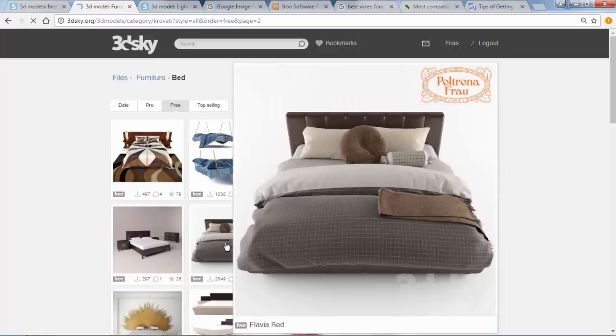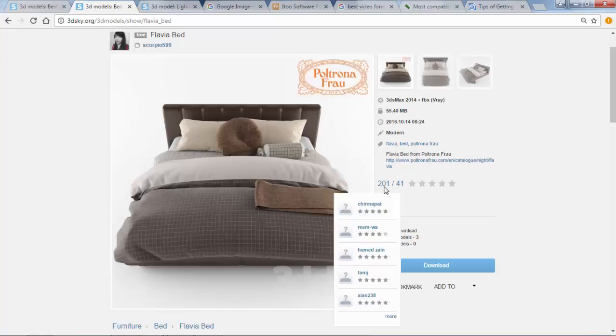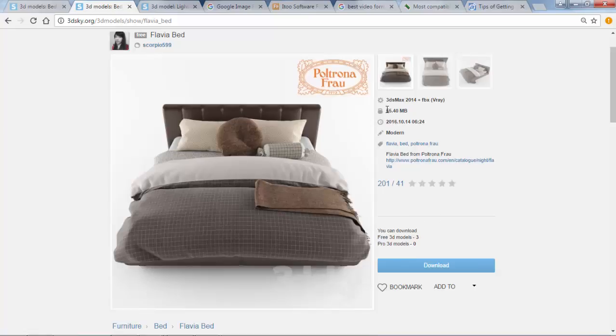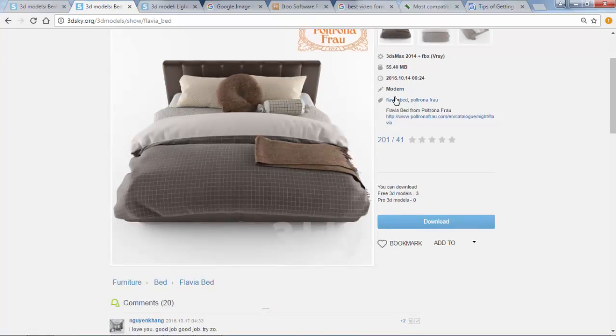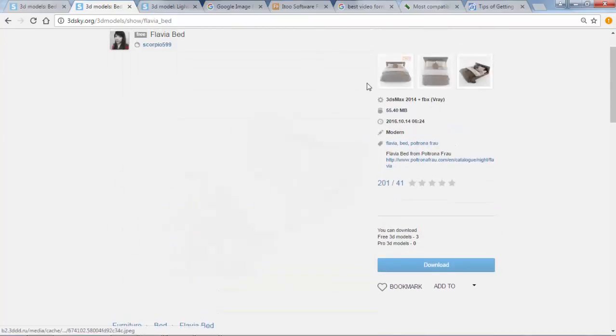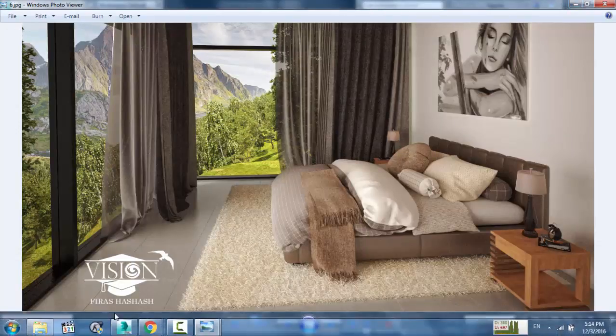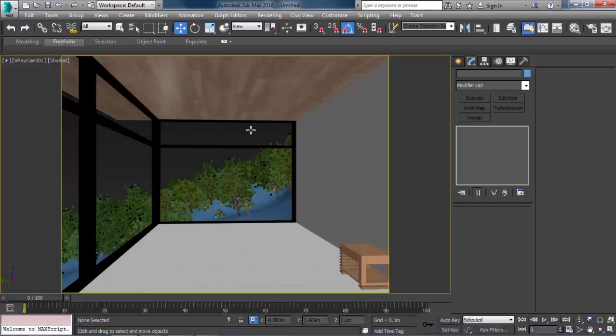This is the one. So as you can see, this is a very amazing model, you can download it for free. It's 55 megabytes and has an FBX file. So just download it, or download any bed that you want. And now let's import it and merge it into the scene that we have.